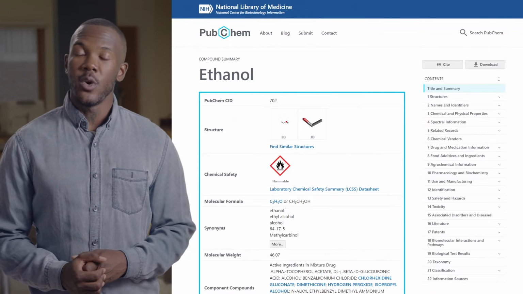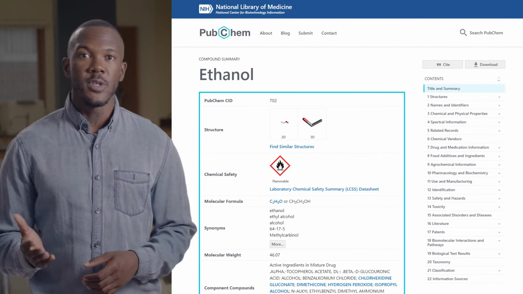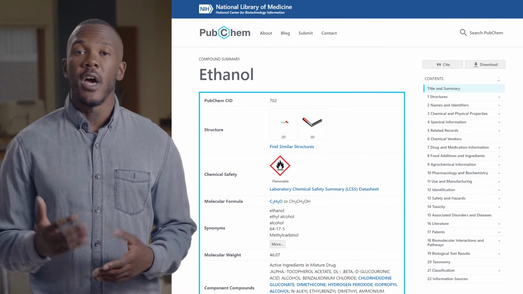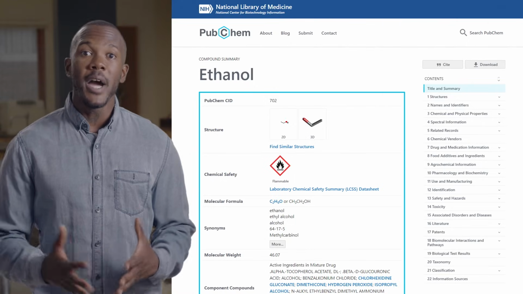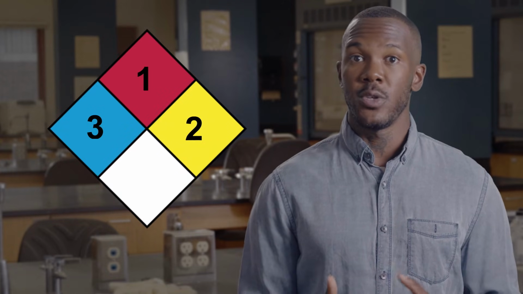If you can't find what you need in an SDS, there are other sources of useful info about chemical hazards. First, there's the PubChem Laboratory Chemical Safety Summary, or LCSS. These are similar to the SDS, but use different section numbers. An advantage of the LCSS is it shows combined information from many sources. Another resource is the National Fire Protection Association Fire Hazard Diamond.